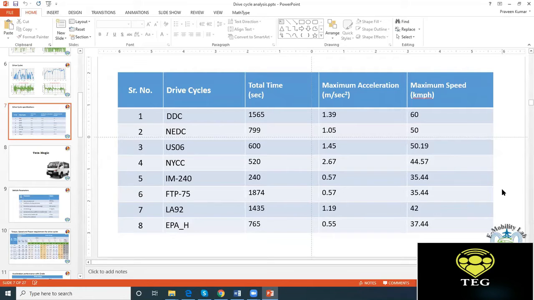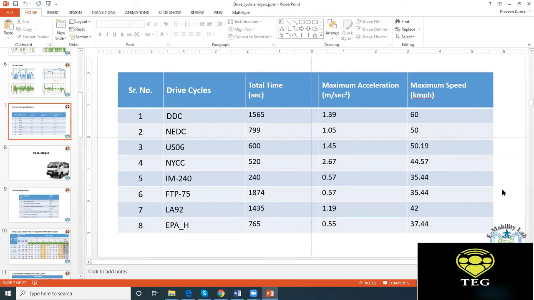We also came to know how many frequent start-stops there would be in the driving pattern, and whether there would be regions where the speeds would be very low and we would have very frequent stops. So all those things were the points which we could extract out from the drive cycle analysis, and this was the summary table which we saw in the last session.